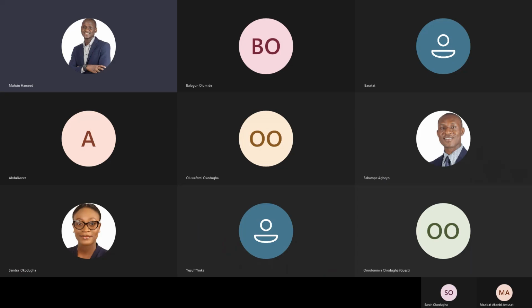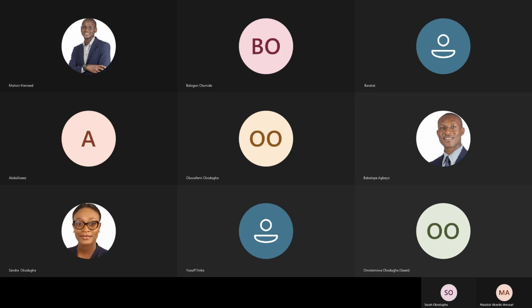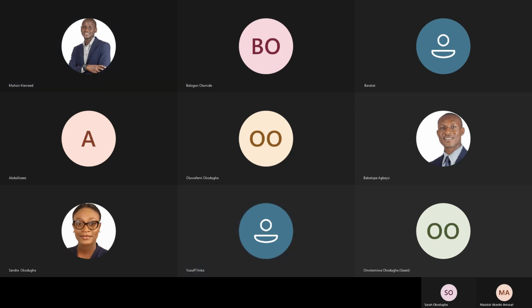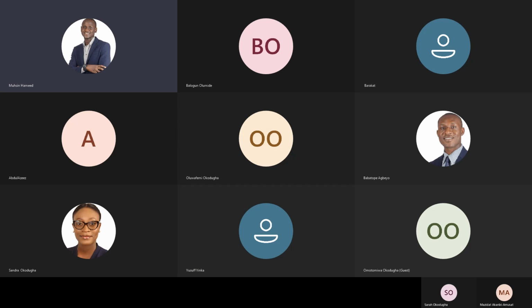So tonight we started our conversation around data analysis and we spoke about the roles in data. So let's quickly mention the roles in data. What are the roles in data? Can we shout it out? Data analyst, business analyst, data engineer, database administrator, data scientist. Excellent. Thank you very much, everyone.